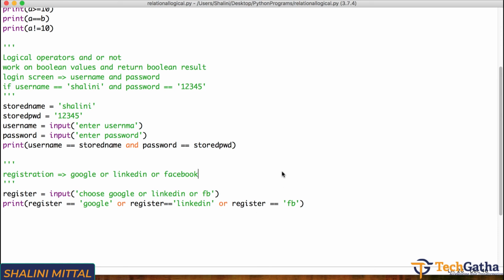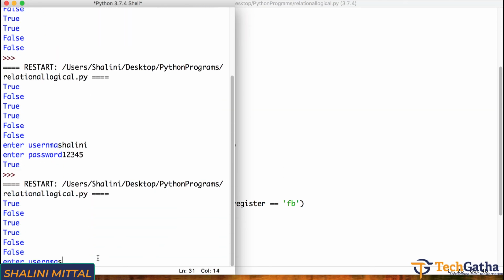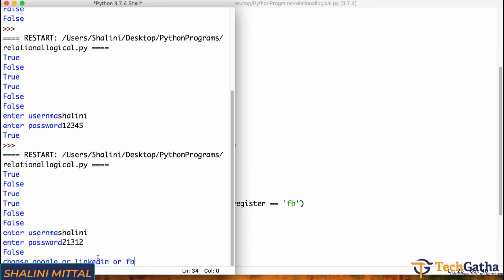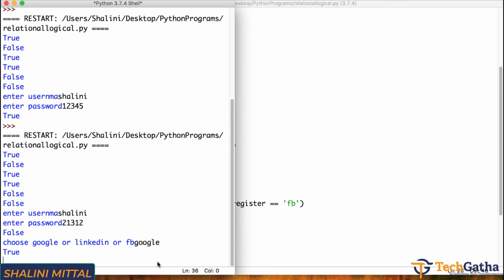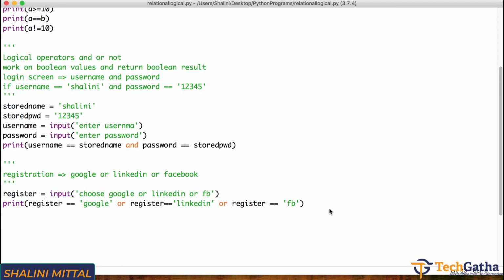So if I execute, it asks me the username, I enter the password, this is wrong, so it's false. I say okay, I want to register using Google, and you can see it's true. So if either one of them is true, it is a success and I am able to register. These are a few of the scenarios where the AND and OR operators are used. Remember, for AND, both have to be true.